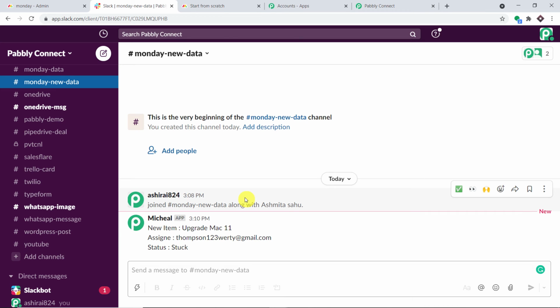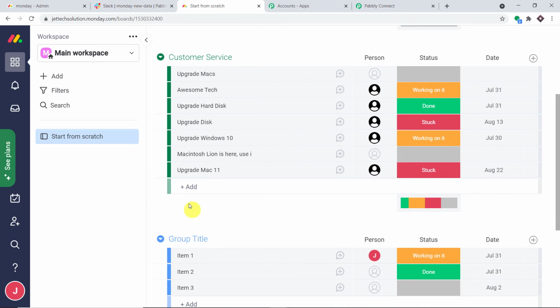Now it may look like the integration is successful, but this is far from over. This is because what I'm going to do here is I'm just going to add one more data. Okay, so this will be on Alienware laptop purchase. Alienware laptop purchase. Okay, and let me just click on add.